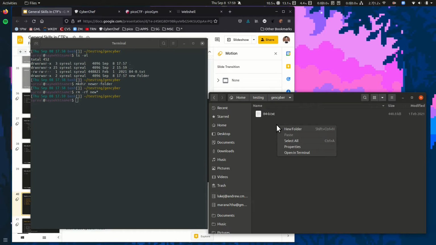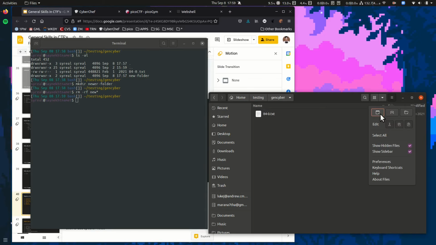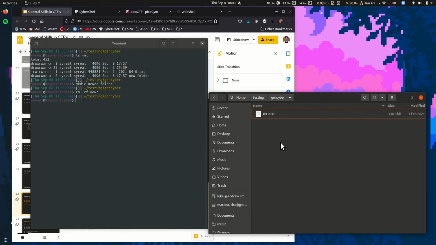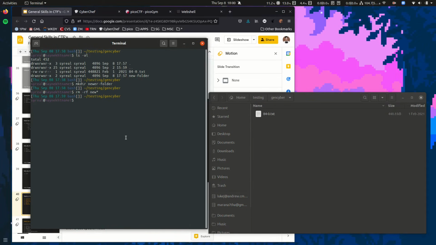Then creating a file. I haven't found a way to do this in Ubuntu with the graphical method. That's a new window. So surprisingly, that's something just the shell can do. Use the command touch. See that file pops up right away. On Windows, it's actually easier to create a file using the graphical interface. You can just right click and create a bunch of different files. But that's not true in Ubuntu.